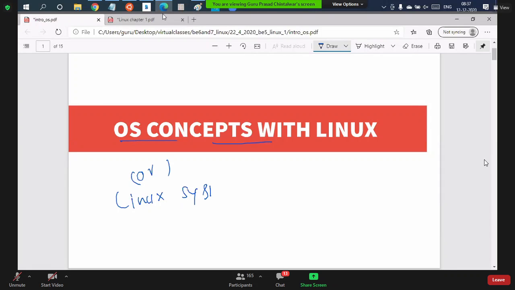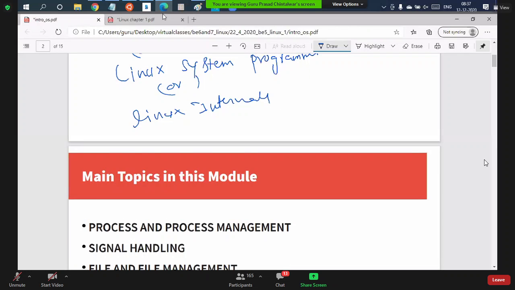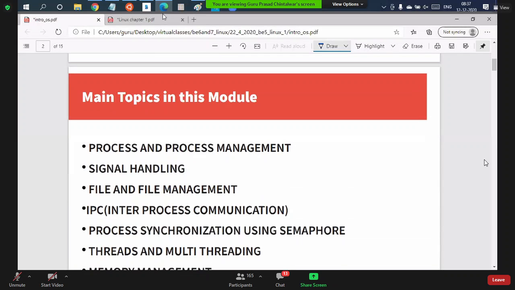Linux system programming, or sometimes it is called Linux internals. Again, operating system concepts with Linux environment, or Linux system programming, or it is called Linux internals. So in this Linux internals, what we are going to discuss, the main topics are,